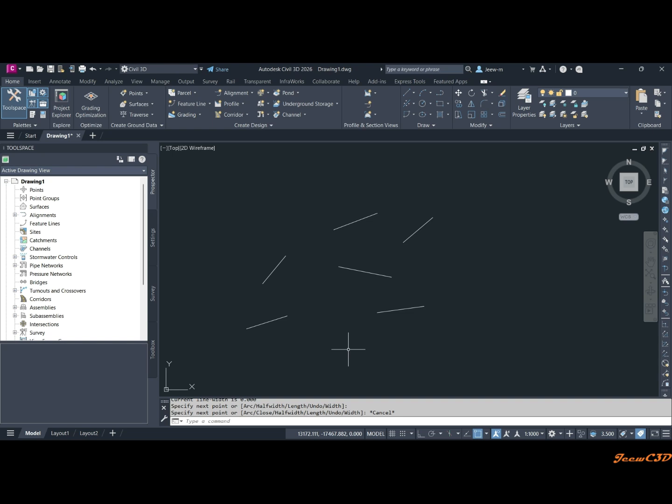In this video, we are going to see how to reselect a previously selected object. So this is how to do it. For example, I am selecting these objects and accidentally I press escape and I forget the selection, or I deselect